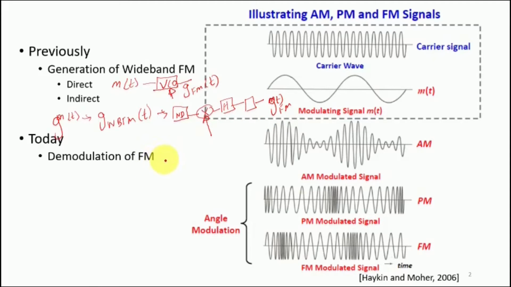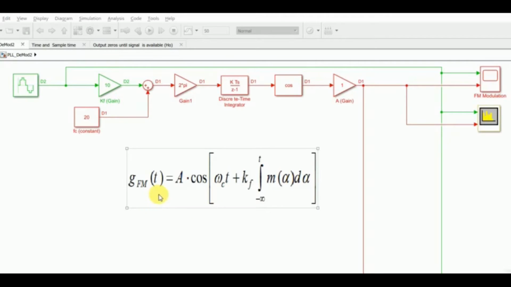In today's class, we are going to talk about the demodulation of an FM signal, or for that sake, a PM signal. Before moving on towards the demodulation of FM or PM signals, let us recall how we generated a frequency modulated signal using a Simulink. So Gfm of t is equal to A cos of omega ct, the carrier frequency, plus kf, the sensitivity parameter,